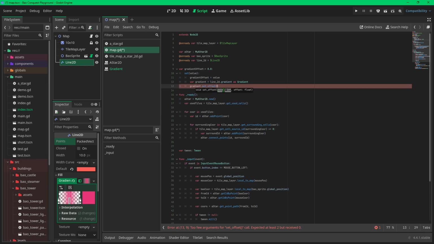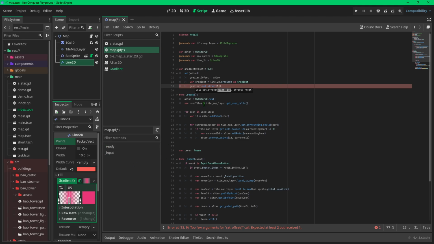So set_offset takes a point, an integer, and an offset for the position of this point from 0 to 1. This point we can get from this array of points. So this is point 0, point 1, and point 2. We need to set this point, so this is point 1.